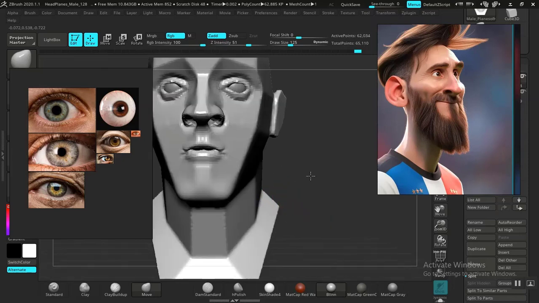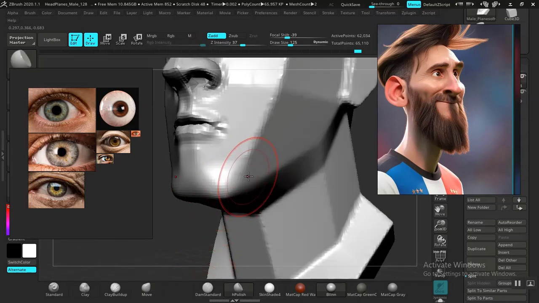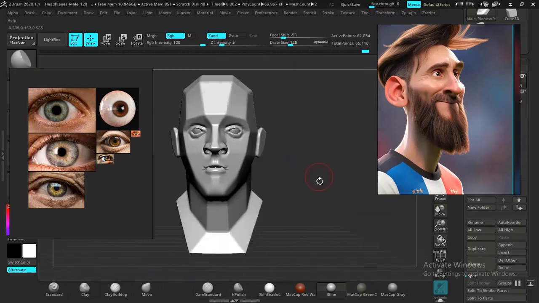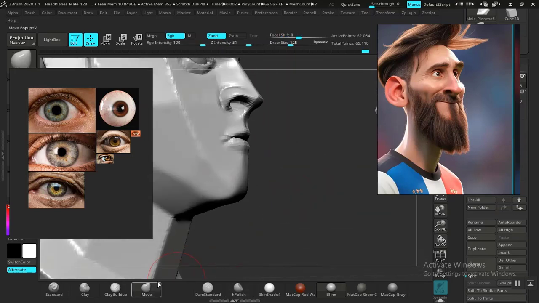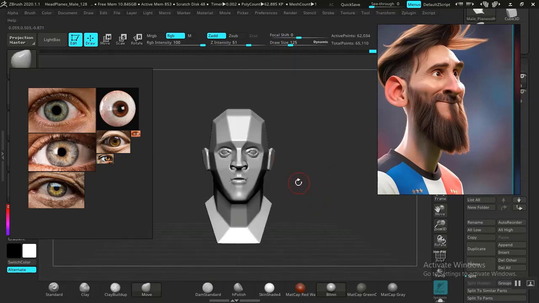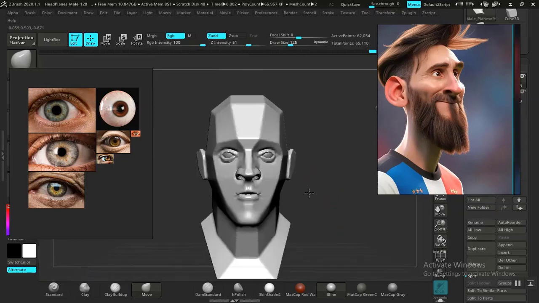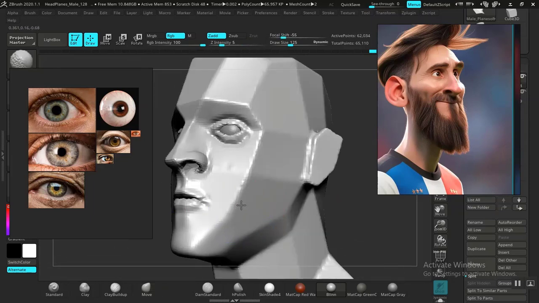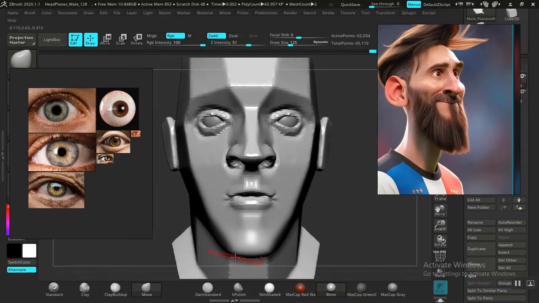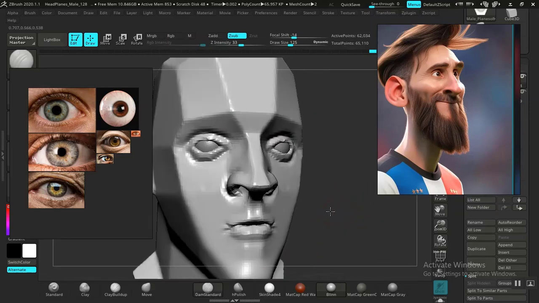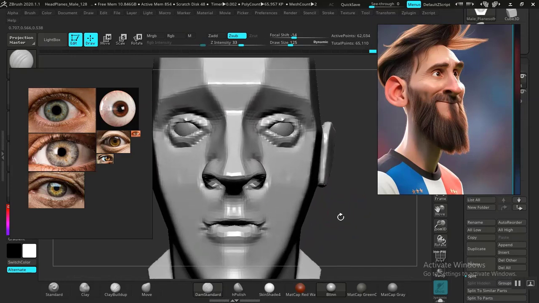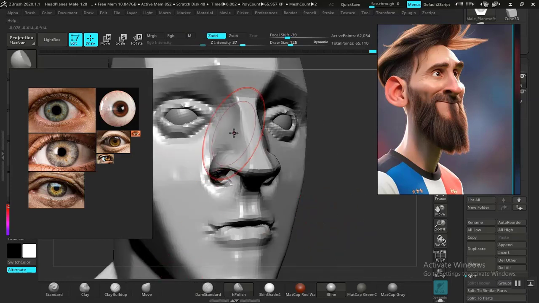So it's more or less like the idea is, in whatever aspects your reference image does not add up or does not reveal to you, you can rely on the anatomical reference you already have in your head from working on other models. Even if you have not worked on other models, so long as you have a realistic anatomical reference on the side, it will help you a lot to block things out where your reference image is not giving you full details of what is actually in there, which in most cases is fine because